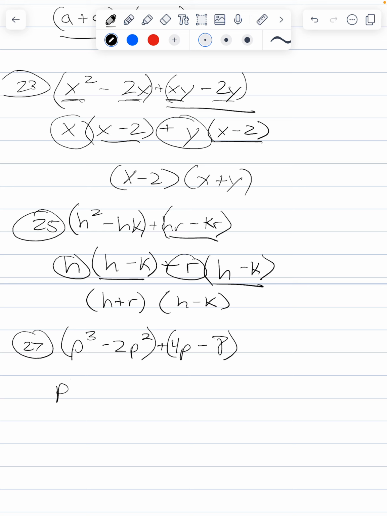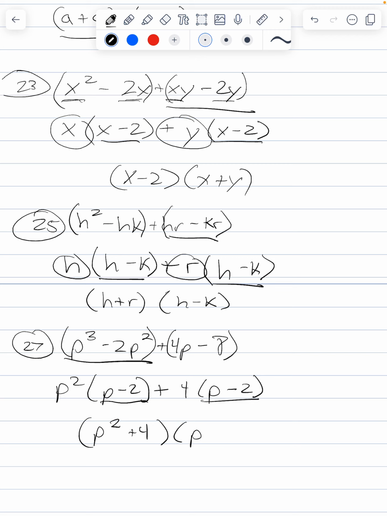So if I divide this by p squared, I'm left with p minus 2. And then this 4p minus 8, I can see a factor of 4 is the greatest factor I can work with. So it's going to leave me with p minus 2. Look at that. Very predictable, isn't it? We're left with p squared plus 4